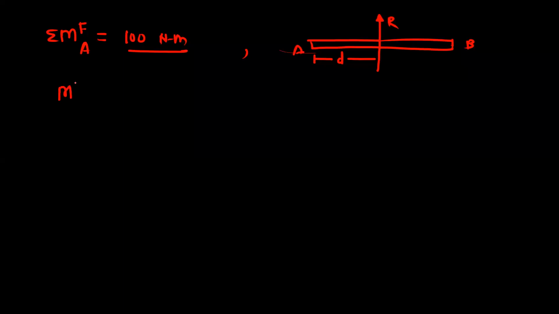Now the right hand side of the Varignon's theorem is moment by resultant about this same point. Now take the moment by resultant: R into D. This is the moment by resultant. And what is the sense of rotation? So imagine point A is fixed and we are applying the force R on the rod AB at distance D. So it will rotate the system in this direction, that is in the anti-clockwise direction. Okay, so this moment by R is equal to